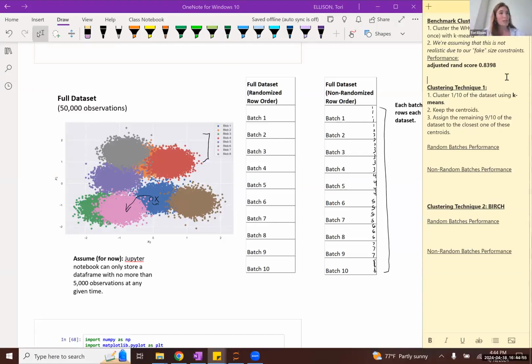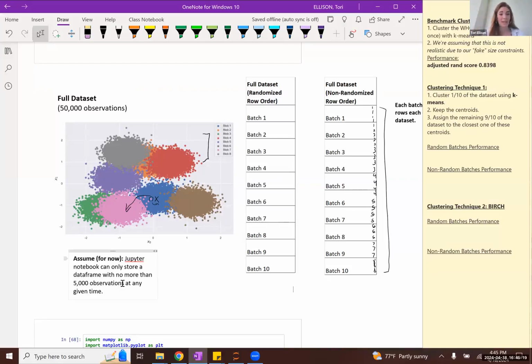But for now, let's just assume that this is a really large data set in which it's impossible for us to load the full data set at any one time into your Jupyter Notebook environment. So let's make this very unrealistic assumption that you can only load 5,000 rows of a data set into your Jupyter Notebook at any given time.